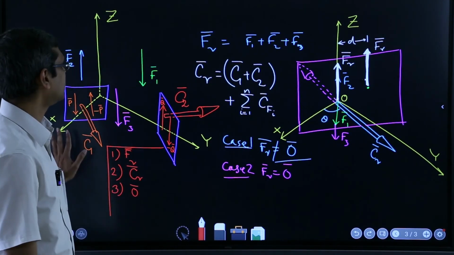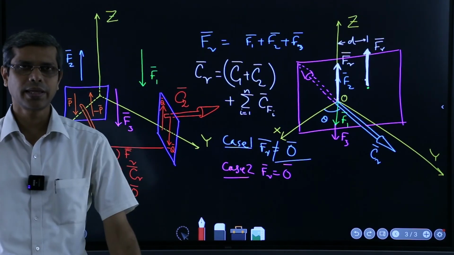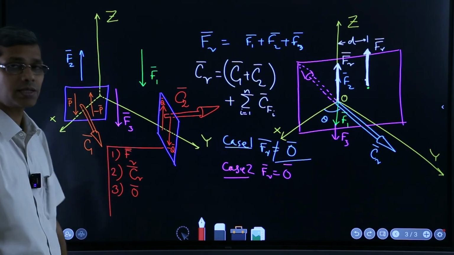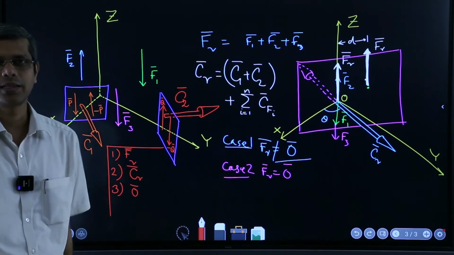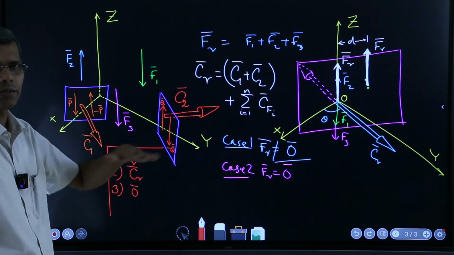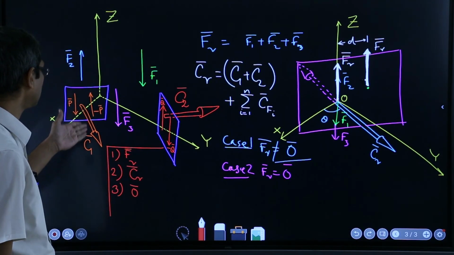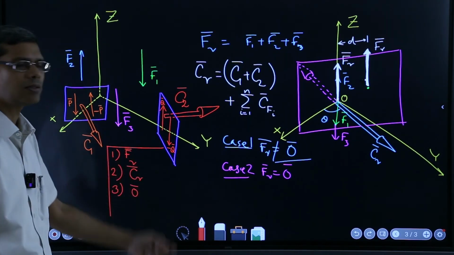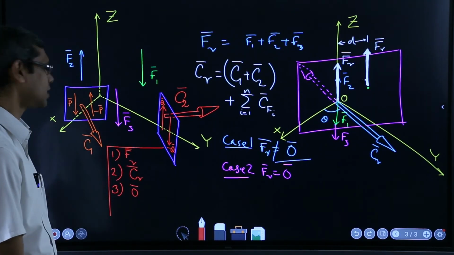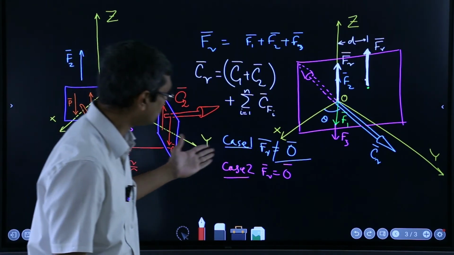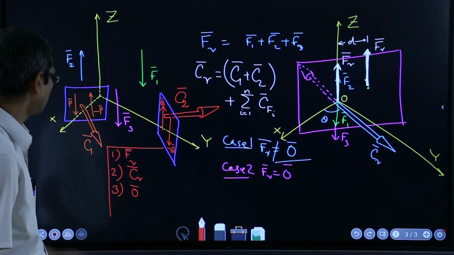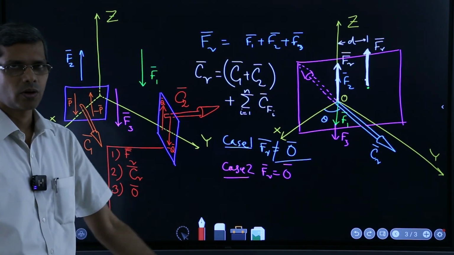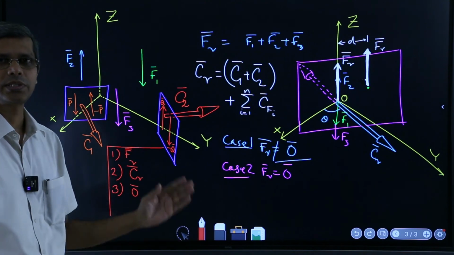So, this is one more special case where the ultimate results are very similar to what we had in the previous case, that is the coplanar force system, but this is the parallel force system in 3D, which again gives us very similar resultant force systems. So, either a single force, a single couple moment, or a null vector, depending on the different conditions which we just now discussed.